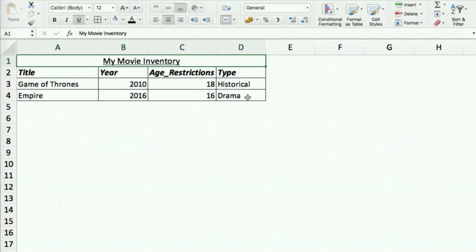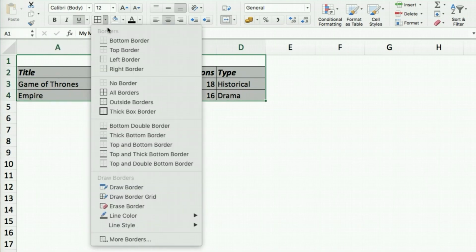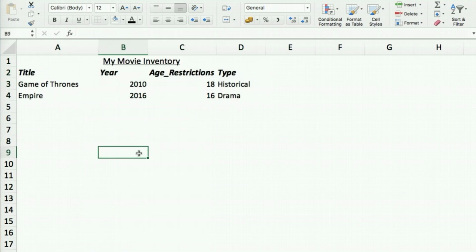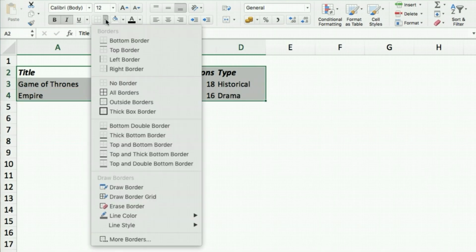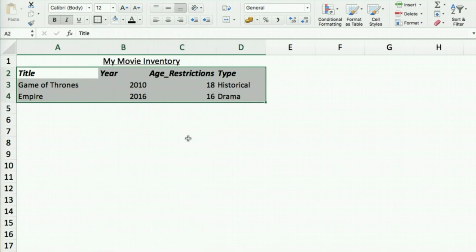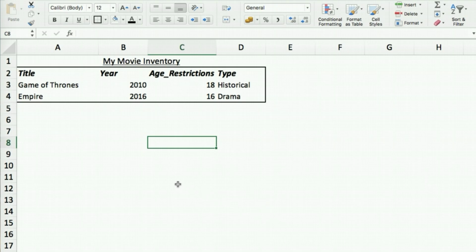You can decide to work around this data. You can decide to remove the borders if you don't want any, and then you can decide again to come back and say you only need the outside thick borders, like that. Yeah, and now we might decide maybe we want to represent this information